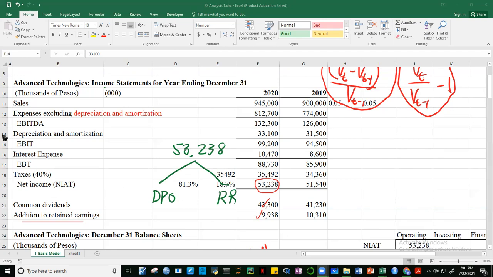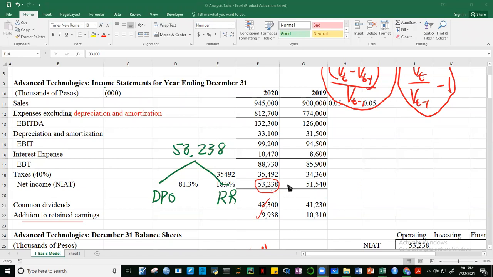Answer is, guys, understated to. Okay, bakit? Assume natin na sales is in cash, no? So sabihin natin lahat yan, tax, of course, in cash yan. Hindi naman papayag ang government na hindi tax ang payment natin. Interest is also in cash. So sales, let's assume that it's in cash, no? So this leaves us with depreciation and amortization. Kung cash lahat to, tapos binawasan natin yung depreciation and amortization, na non-cash naman siya, ang net income natin 53,238,